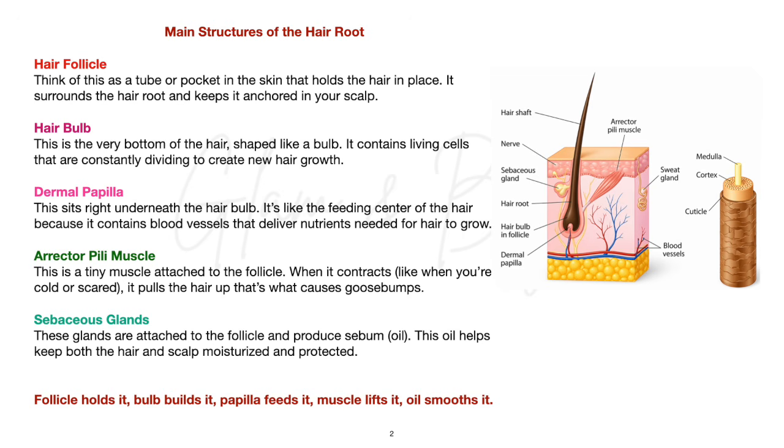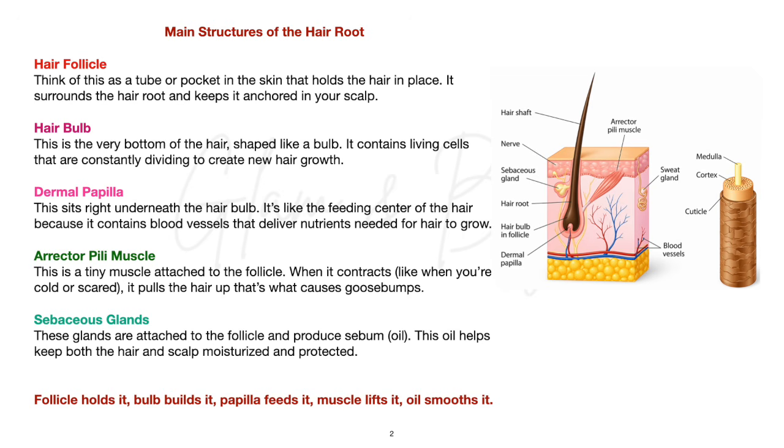The hair bulb, this is the very bottom of the hair, shaped like a bulb. It contains living cells that are constantly dividing to create new hair growth. The derma papilla, this sits right underneath the hair bulb. It's like the feeding center of the hair because it contains blood vessels that deliver nutrients needed for the hair